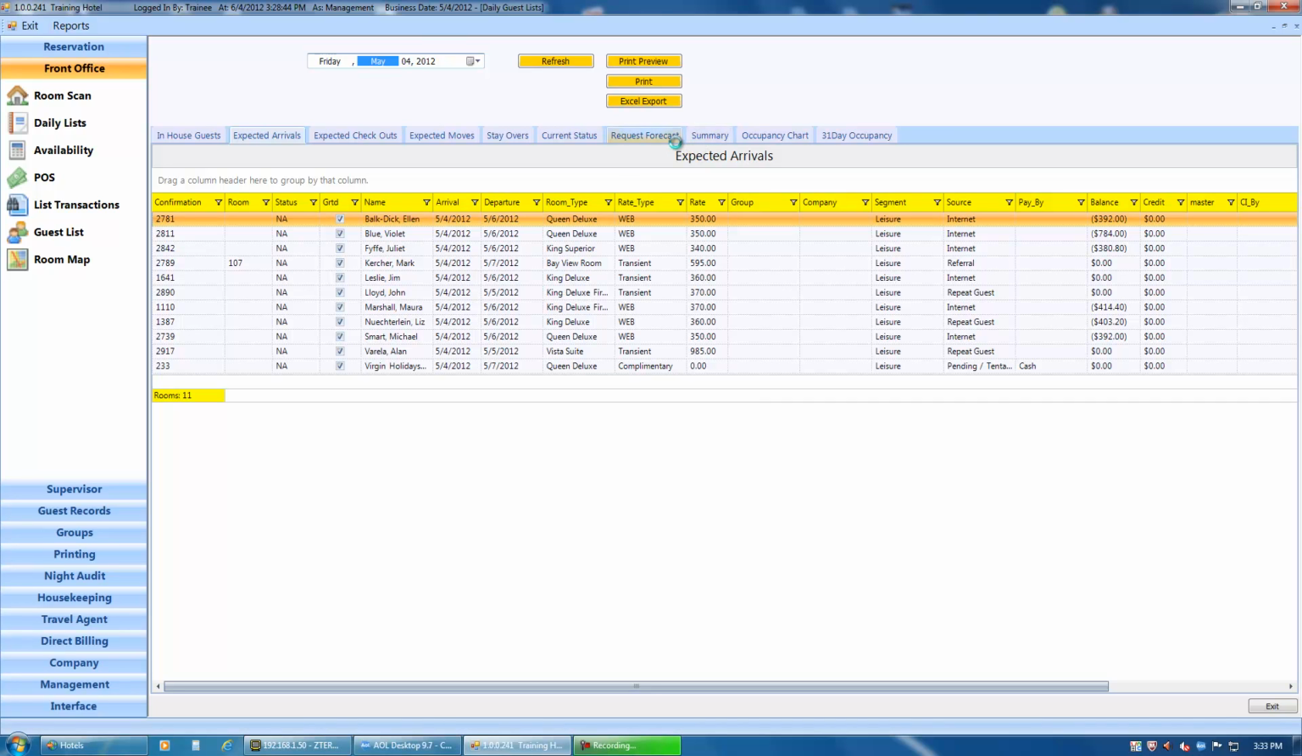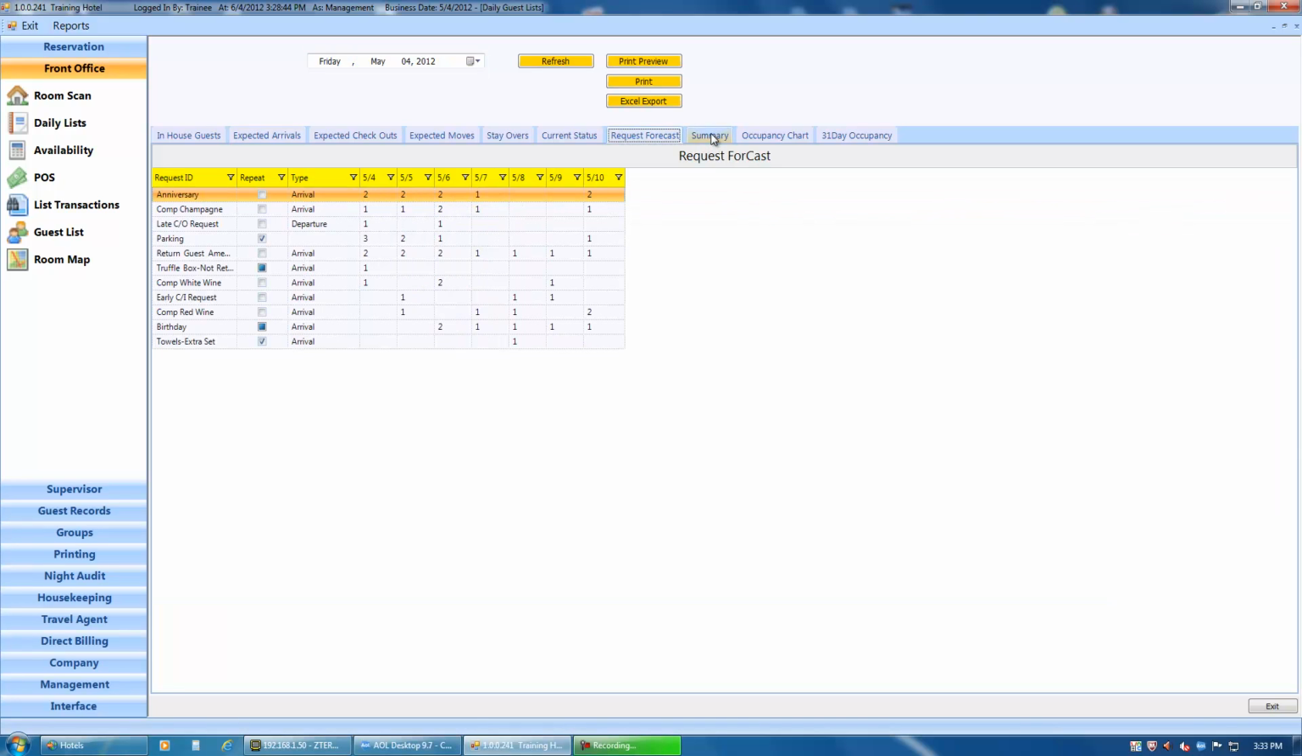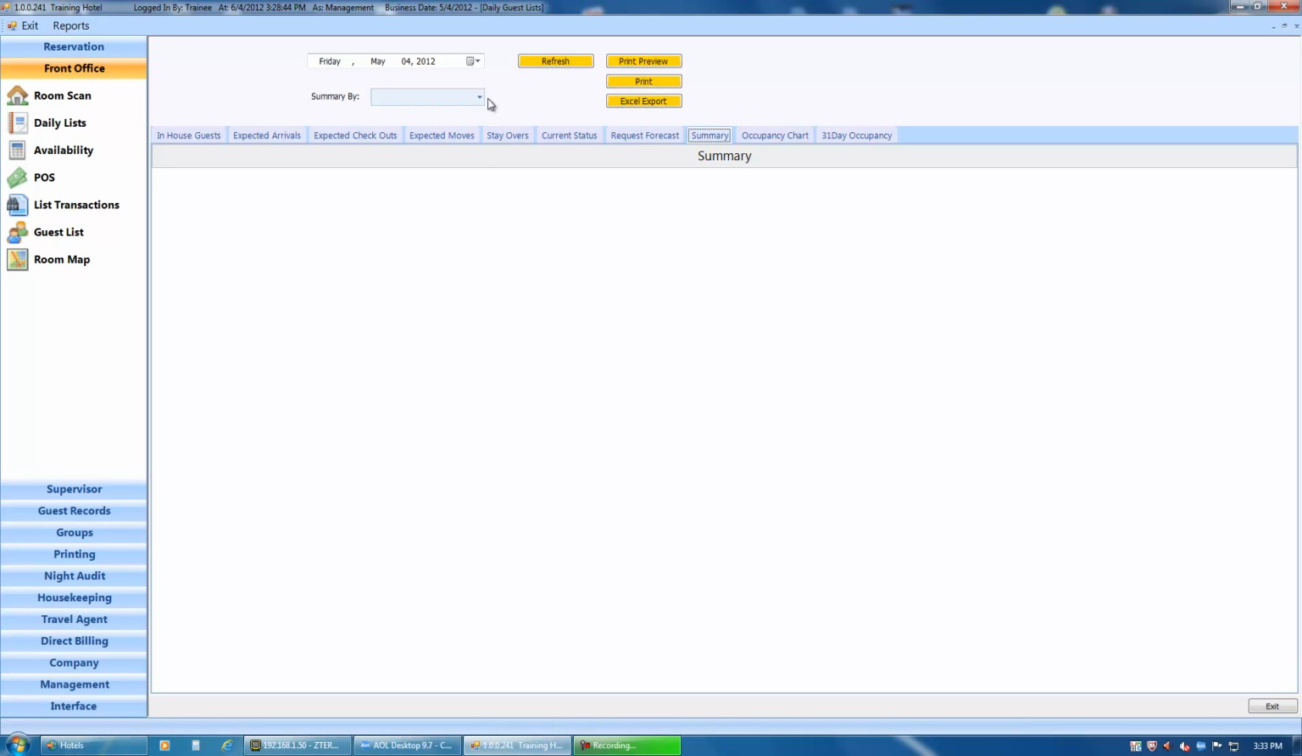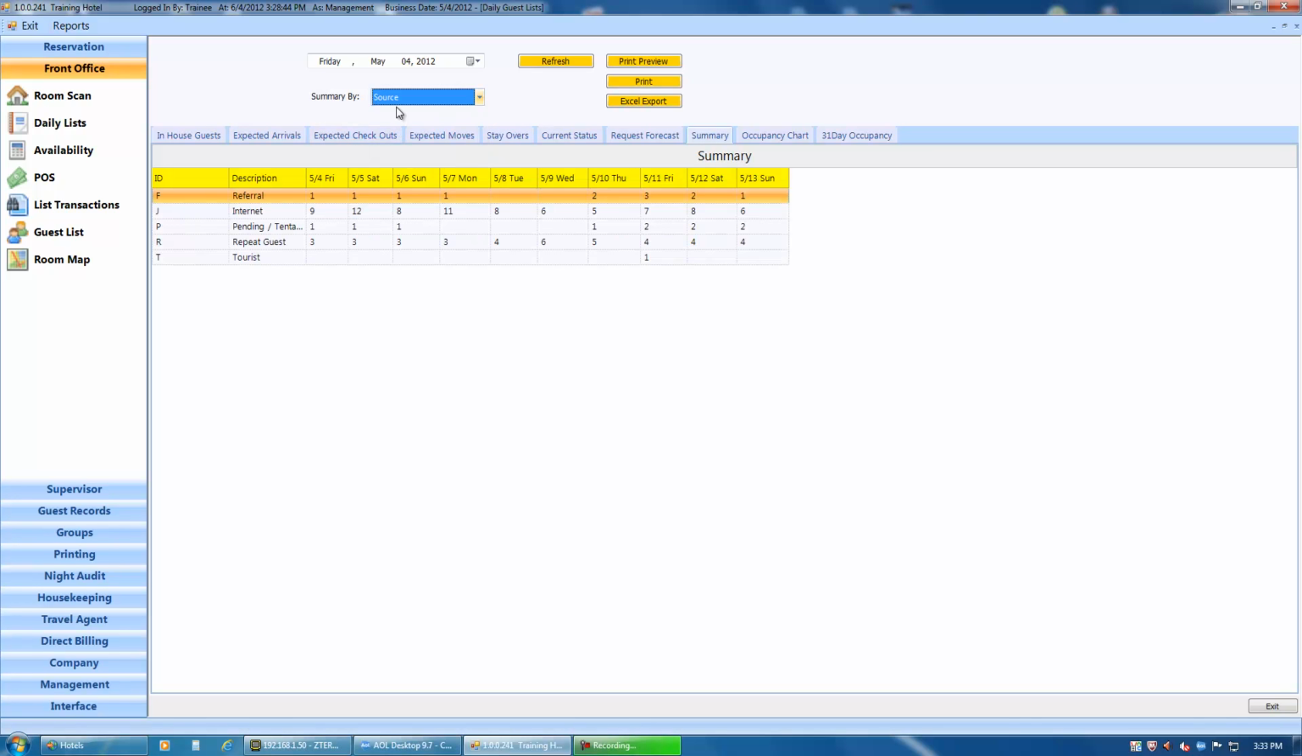Okay, and we were at request forecast. Next is summary. Here you can generate a report again for each date and different categories that you have listed here. So if I want to see the source, number of reservations on each source for the next 10 days,